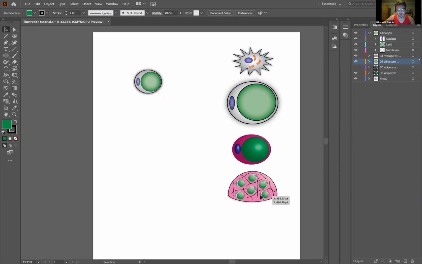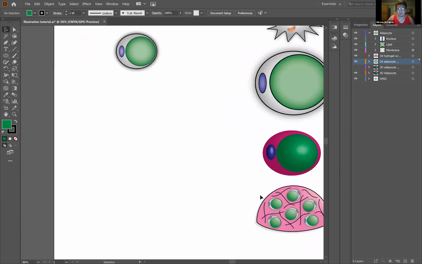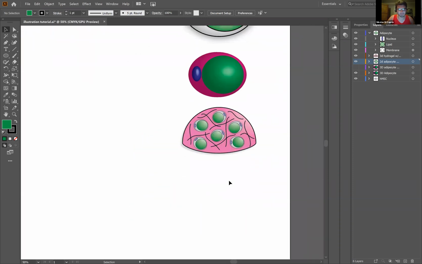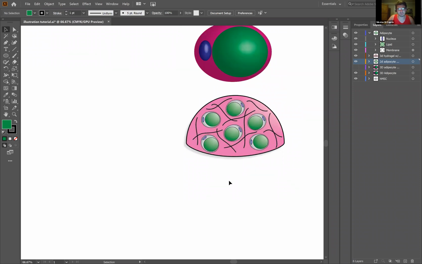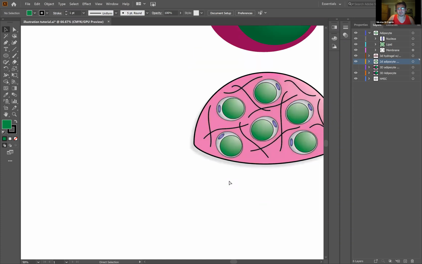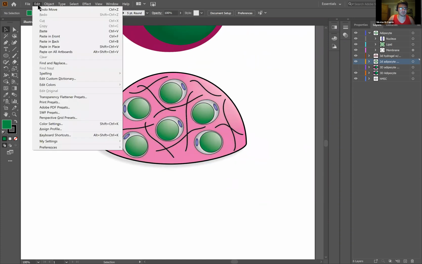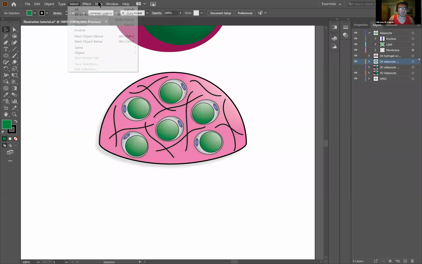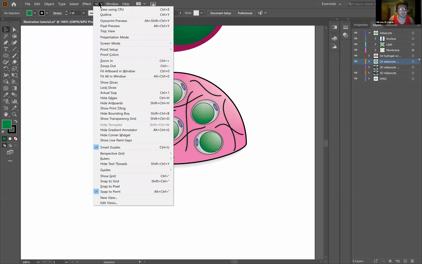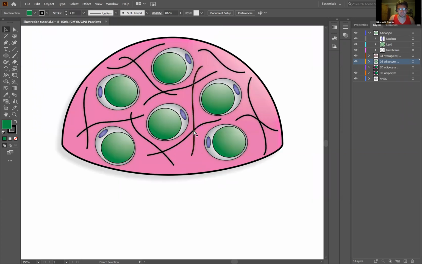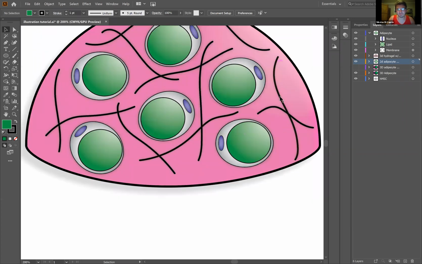So before I do it, let's zoom in here. You can zoom by pressing Control and then plus, and to zoom out, Control minus. But if you forget that, you can always go to View, and then zoom in, zoom out. Control plus just means you hit Control and plus at the same time. But you can kind of see here, it's even harder to see, but we have some fibers,